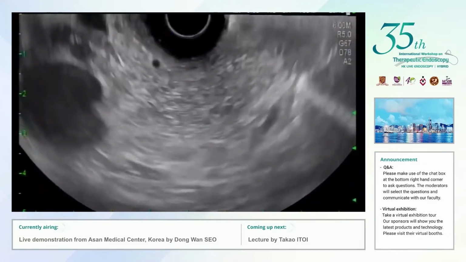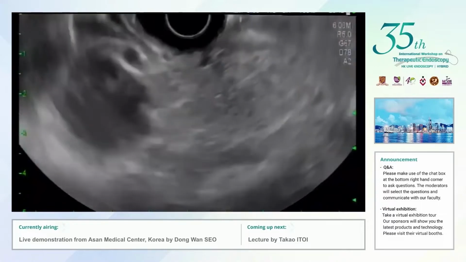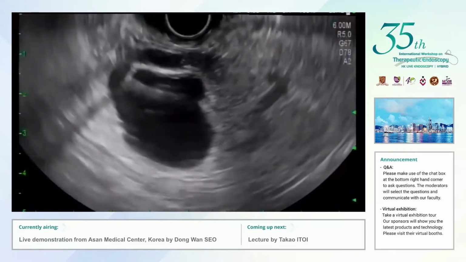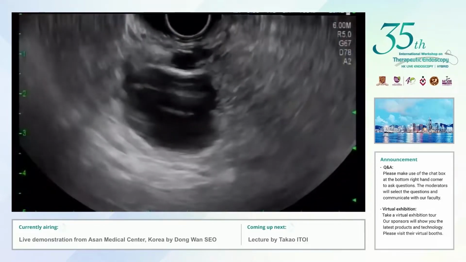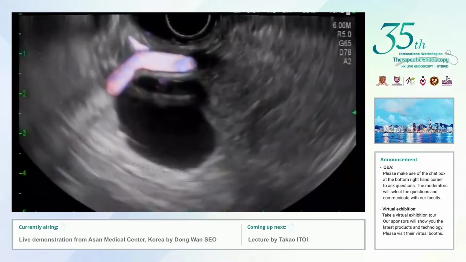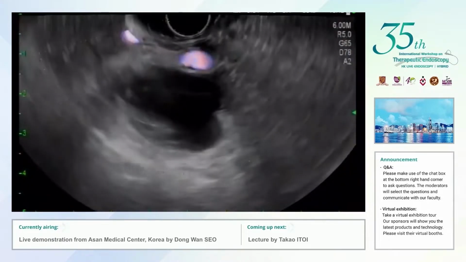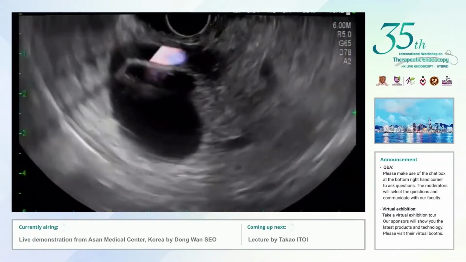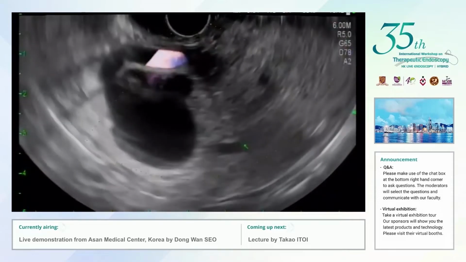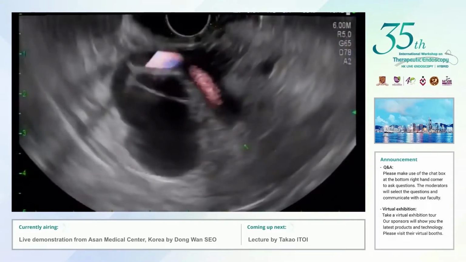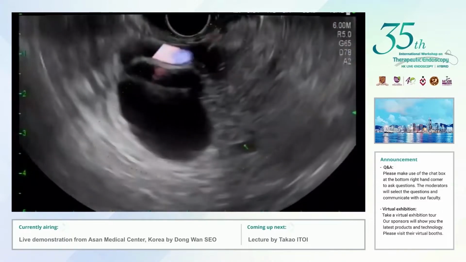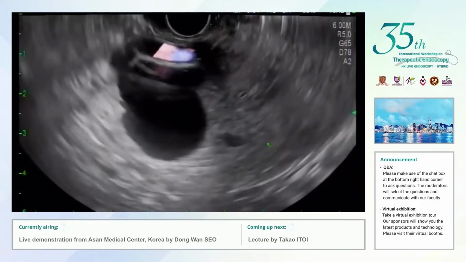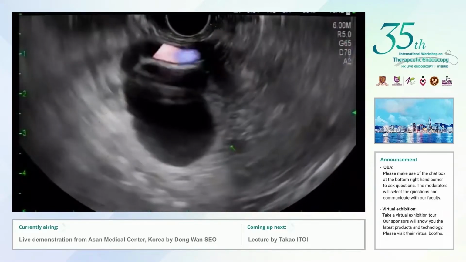From here, we can see a different view of the cyst in the head of the neck area of the pancreas here. This is the cyst. Again, we can see some septation here. Above is the hepatic artery branch, and down here is the cyst, and here is the main pancreatic duct. I will try to find whether there is any communication between the cyst and the MPD. This is the transduodenal view. It is very close here,